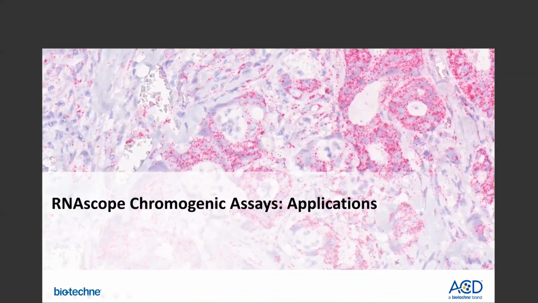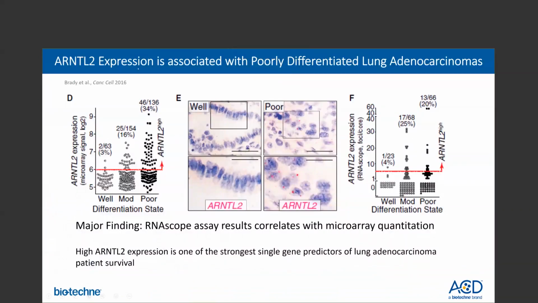Now let's look at a few RNAscope chromogenic assay applications. We'll start by looking at one of our first applications for RNAscope using the chromogenic red detection kit. In this particular example, this group of researchers wanted to study the transcription factor ARNTL2 in lung adenocarcinomas. Now, this transcription factor is known to promote the expression of certain secreted factors that are significant in promoting malignancy